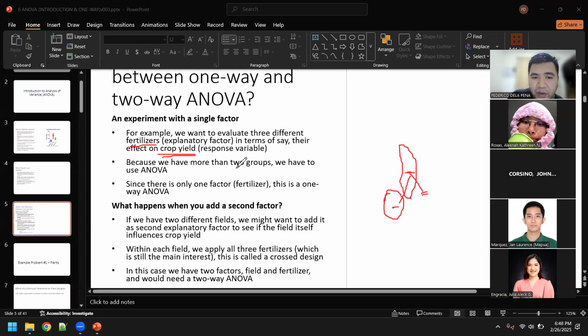And when you have more than two groups, you can use ANOVA to see if there's a difference between these at least three groups of data sets. Since there's only one factor being changed, like the absence or presence of fertilizer, we can describe this problem as a one-way ANOVA. On the other hand, if you apply two factors,